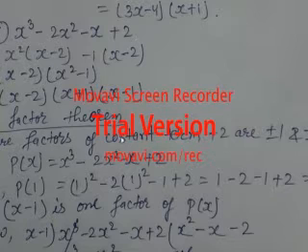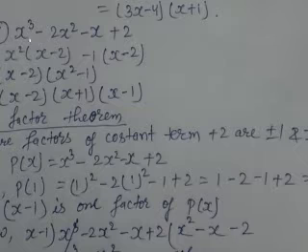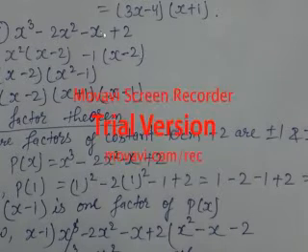If you will see, by taking common, from these two I have taken x square common, so from here remains 1x, and from here remains minus 2, so x square times x minus 2, and from these two nothing was common, so I have taken minus 1 common, so it becomes x minus 2. When we take minus common, the sign changes, minus x becomes plus x, and plus 2 becomes minus 2. That you have to keep in mind.